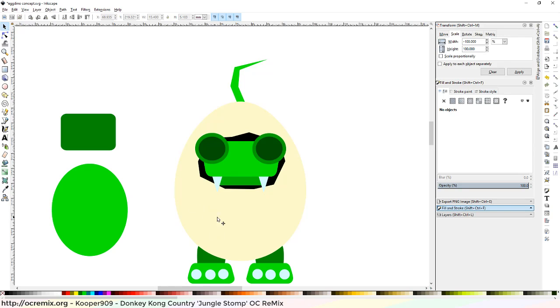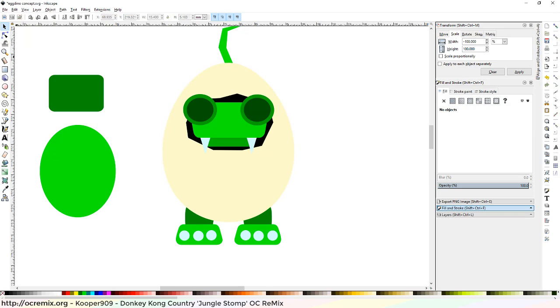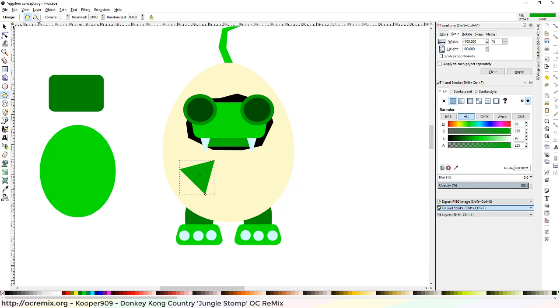Like if I want spots on the egg. Some kind of spots might be nice. Even like, I don't know, do a star. Realistically, it'll probably be hexagons, but